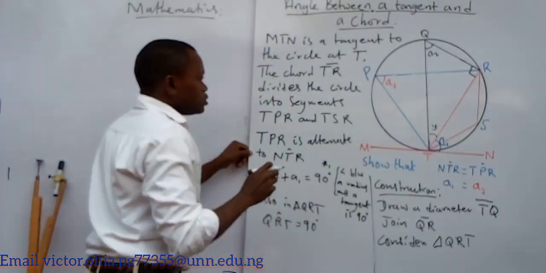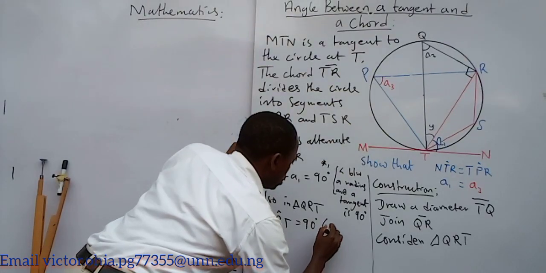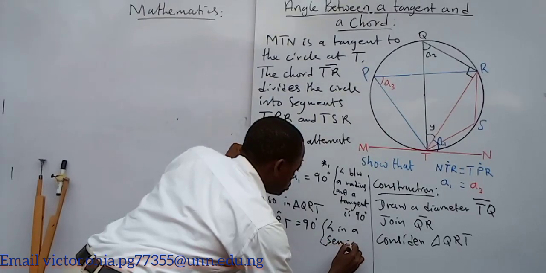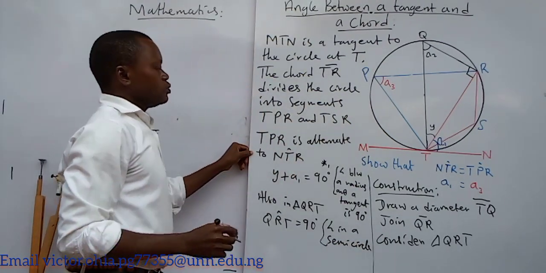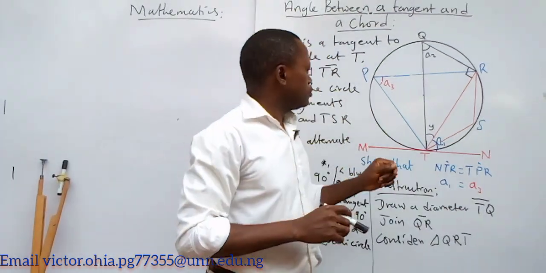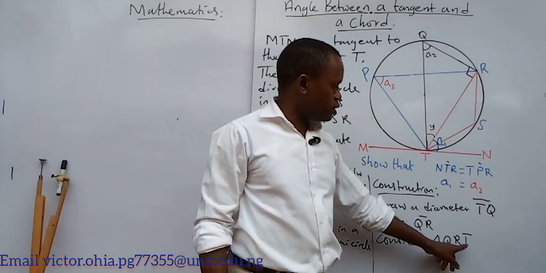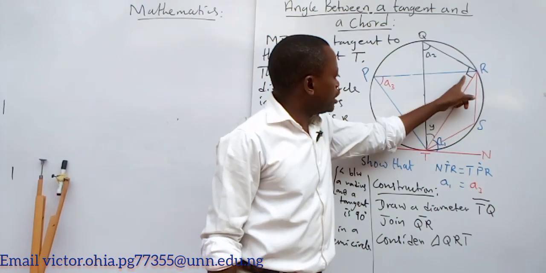Okay. So having seen that this is 90 degrees, we say angle in a semicircle is 90 degrees. Wow. So can we move on again? Can we advance a little bit? Now, if here we are still considering triangle QRT, I hope you're there. Now, if here is 90 degrees,